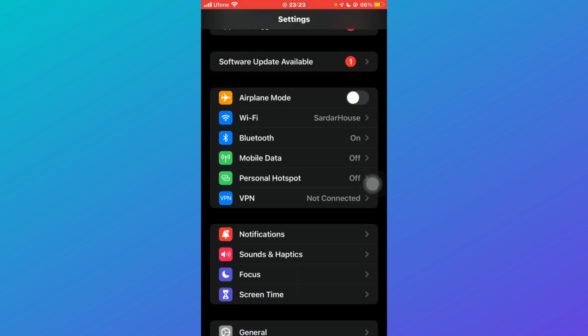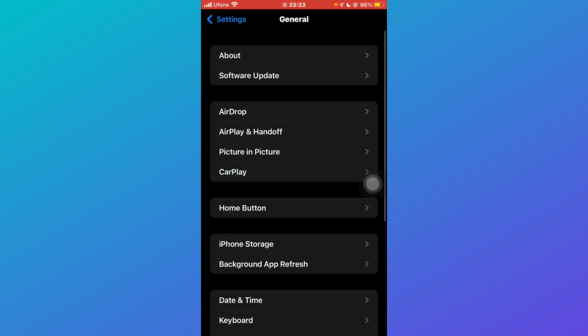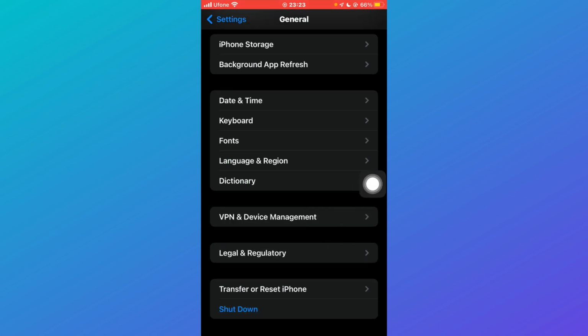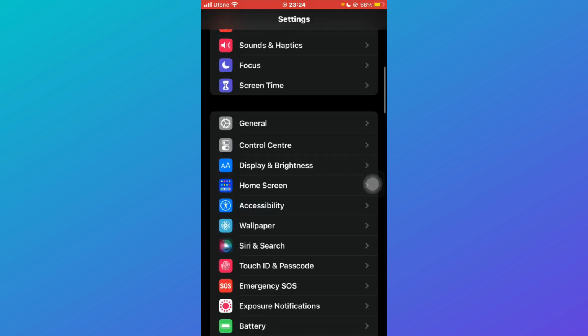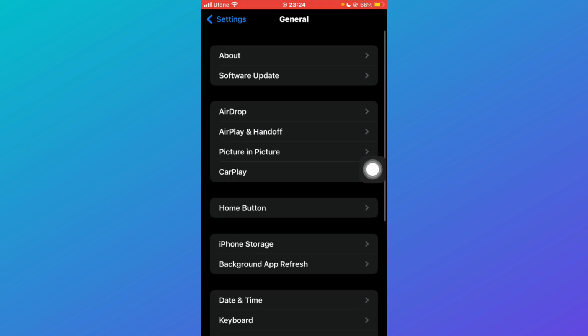What you have to do is come to general, and after coming to general, scroll down and click on shutdown. In other words, you need to restart your iPhone. Once you restart your iPhone, wait for 5 to 10 seconds and try opening your Instagram app, and hopefully the problem will be resolved. But if the problem is still there, then come back to general, and here scroll down